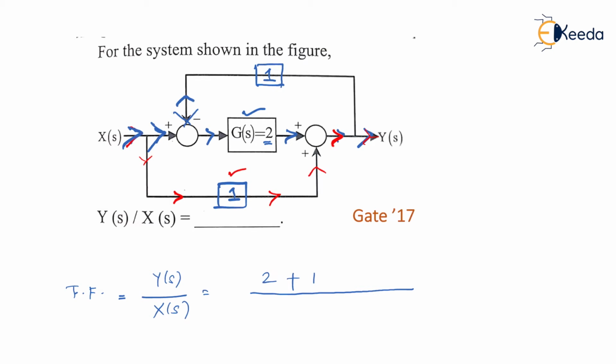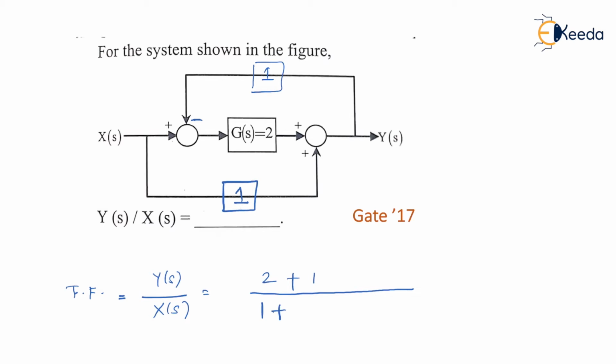So let me remove everything now. What we have in the denominator is 1, and then depending upon the feedback, as you can see, it is a negative feedback. So I'll write plus here, and you can just loop around this. When you are moving from this summing point, you get G(s), and after G(s), you have only 1. But the value of G(s) is 2. So again 2 into 1 is 2 itself. And it is quite visible that there is no other loop possible, am I right? So what you have in the numerator is 3. Even in the denominator you get 3. So you get the answer as 1. So Y(s) upon X(s) is equal to 1.